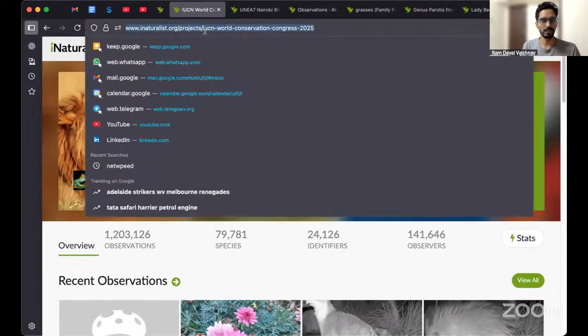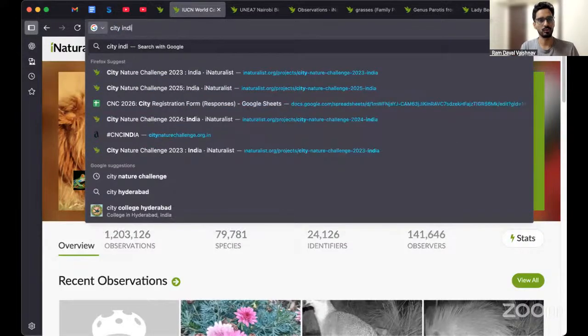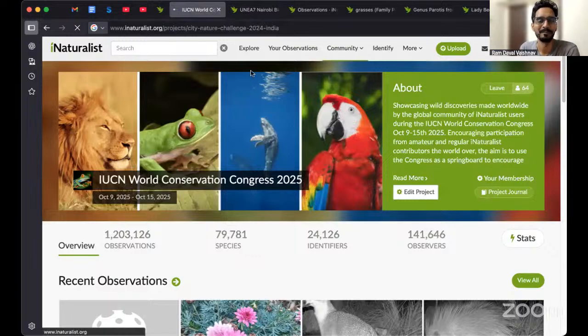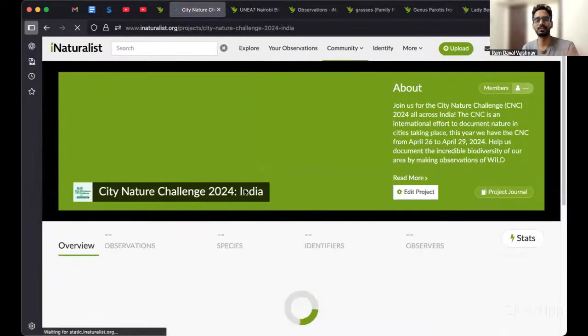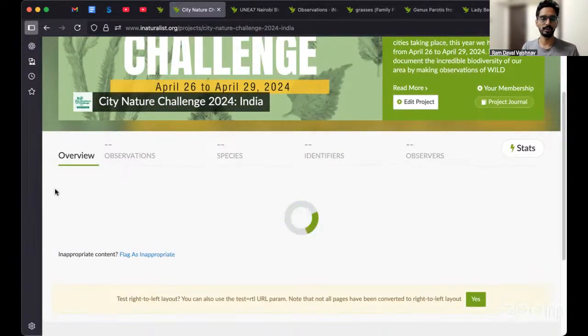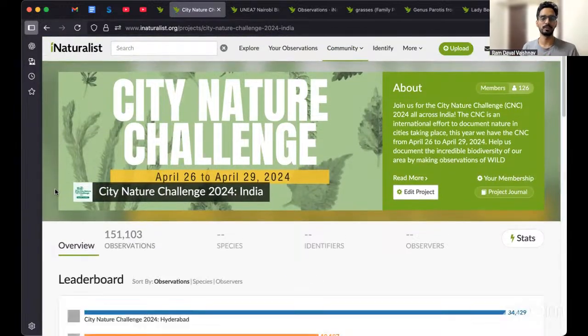While we are talking about India, I should also show you what the City Nature Challenge program is, because we are going to start working on the City Nature Challenge very soon. This is not only for India, it is for everyone. One of the ways you can contribute to iNaturalist and these programs is by participating in a BioBlitz. City Nature Challenge is a BioBlitz which happens on the last weekend of April. So next year, 2026, on the last weekend of April, we'll have City Nature Challenge again. I just wanted to show you what